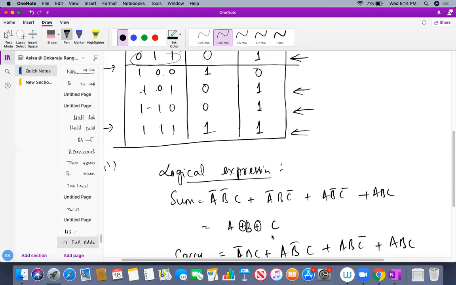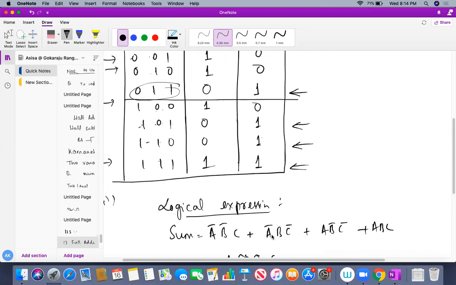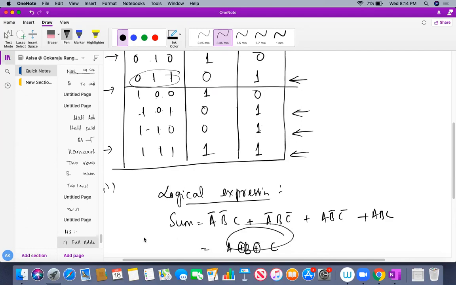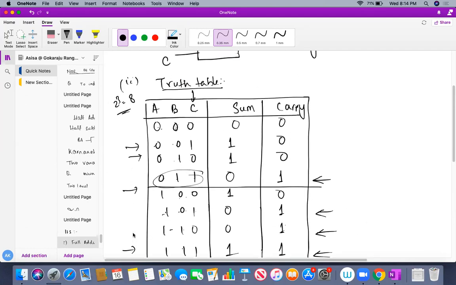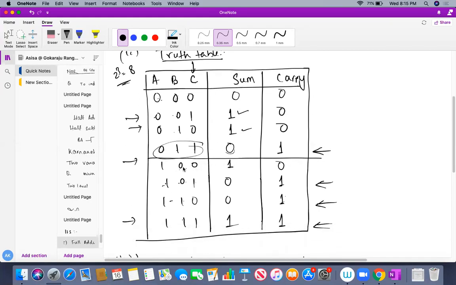Okay, so see here also I can prove that this final expression is actually XOR gate. How do we know that? What is XOR gate? It's actually an odd ones counter. So see here, wherever there is an odd number of ones in the inputs, that's why I'm getting a 1 at the output. Here also odd number of ones, but here even number of ones, that's why I got 0. Here again odd number of ones, that's why output 1. Here the count of ones is an even number, 1 plus 1 is 2, so output is 0.